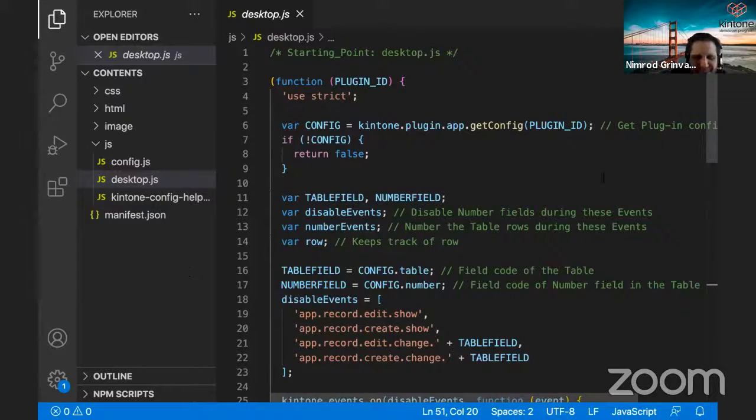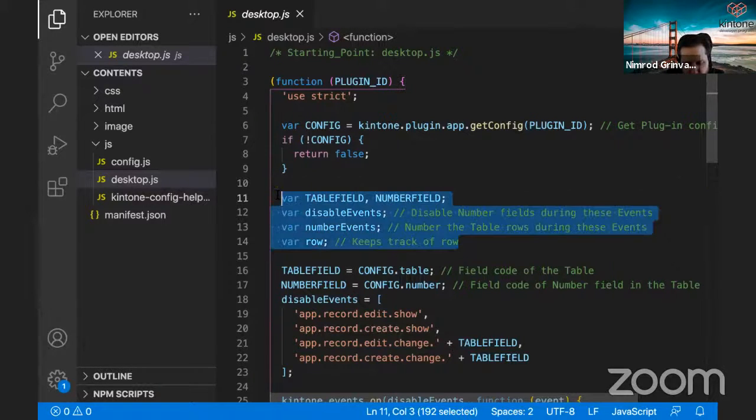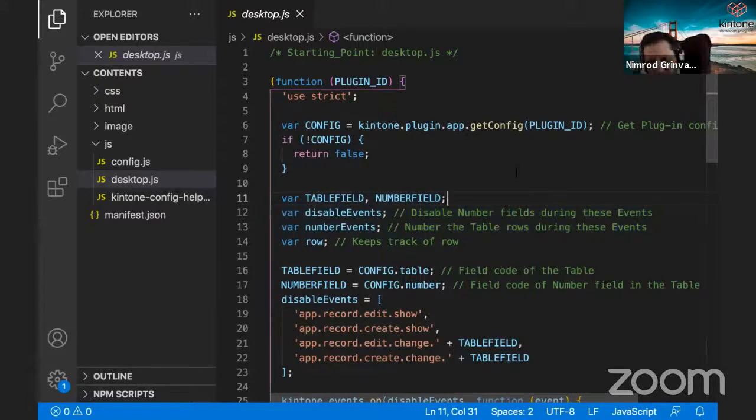Let's keep going with this coding stuff. So what we're doing over here is we're creating some variables. We're creating the table field and the number field. So if you remember when we were talking about those tables,